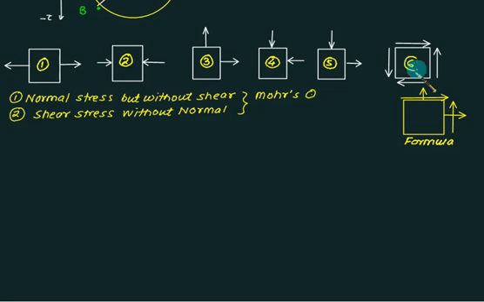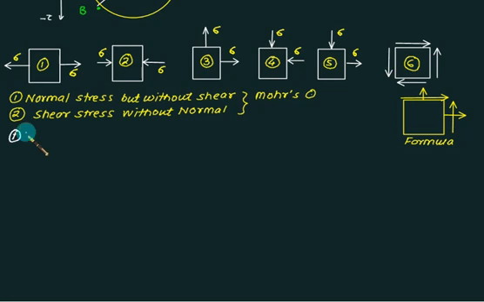Figure number 6 is pure torsion, that is shear. Figure number 5, you can see that one is tension and the other is compression. And figure number 4, both are compression. So let's take the first case. Figure number 3 and figure number 4 have both either tensile or compressive. They are called like stresses. In figure number 5, it's a mix of tension and compression. It is called unlike stresses. Figure number 1, we have pure axial or pure tension. Figure number 2 is pure compressive. Figure number 6 is pure shear.